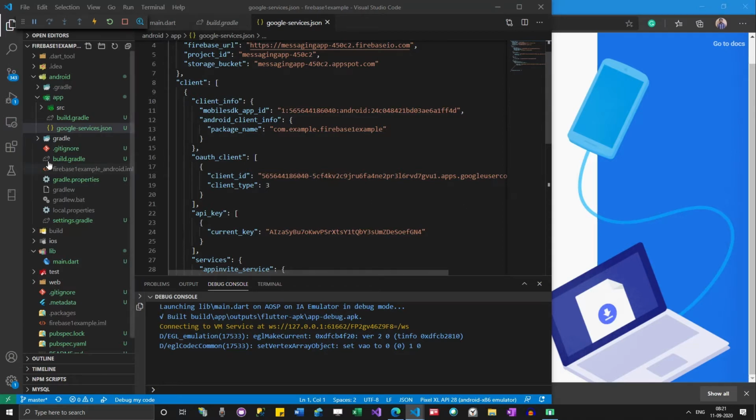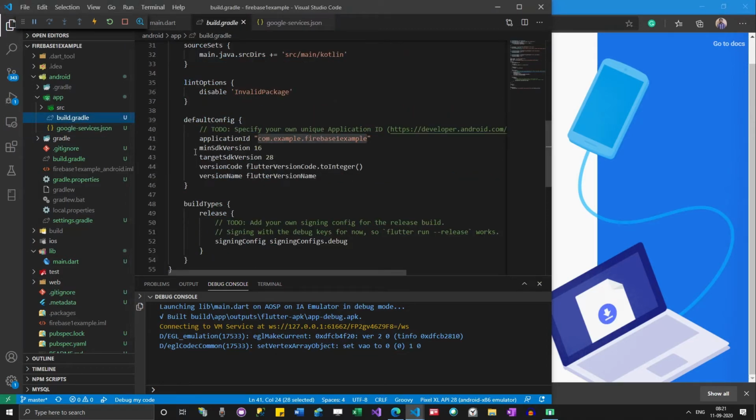So you need to go to this build.gradle file, and then you have to change the min SDK version to 21. If your min SDK version is 16, Firebase is not supported. So you have to target 21 and above.